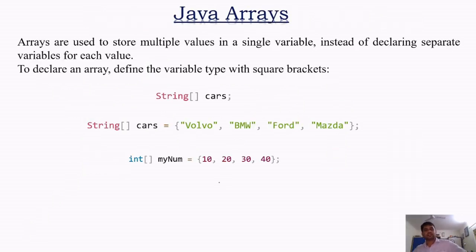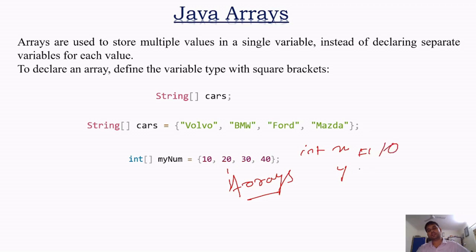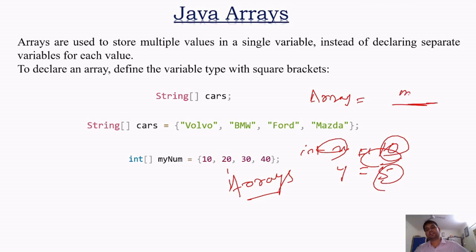Java arrays. Okay, so arrays are used to store multiple values in a single variable instead of declaring separate variables for each value, like integer x, y. तो generally हम लोग क्या करते हैं, int x is equal to 10, y is equal to 5। तो यहाँ पे क्या हो रहा था, एक वेरिएबल में एक ही वैल्यू स्टोर हो रहा था, लेकिन array में क्या होता है, we can store multiple values in a single variable।